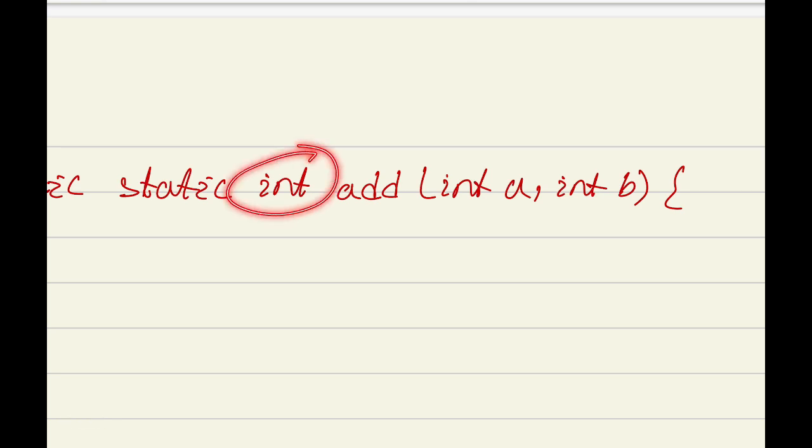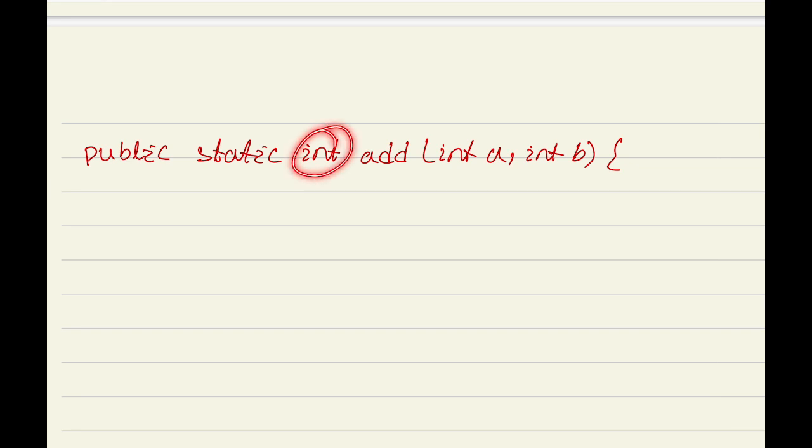So this int is the return value type. That means this add method is going to return one integer value. That's why we are writing this int.